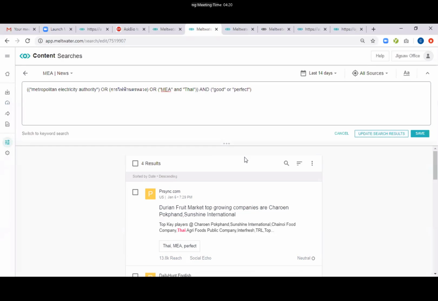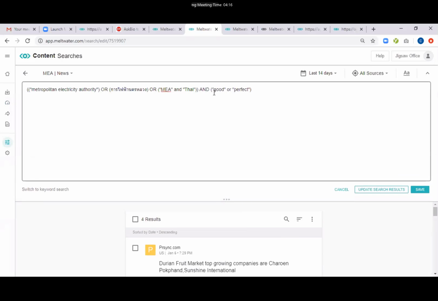But the main reason why I was proposing this keyword section to you is because your client and you yourself can determine what are the keywords you want to put inside to determine that it's a negative or positive article. For example, for MEA, maybe they feel that a keyword like expensive, of course, is negative. But for a supermarket, for example, they will feel that maybe expensive is all right, it's neutral. So using this keyword portion, you can really customize your searches to ensure that it's very, very relevant to what your client wants to look at. And that's the beauty of Meltwater, because you can customize it any way you want, and it's free of